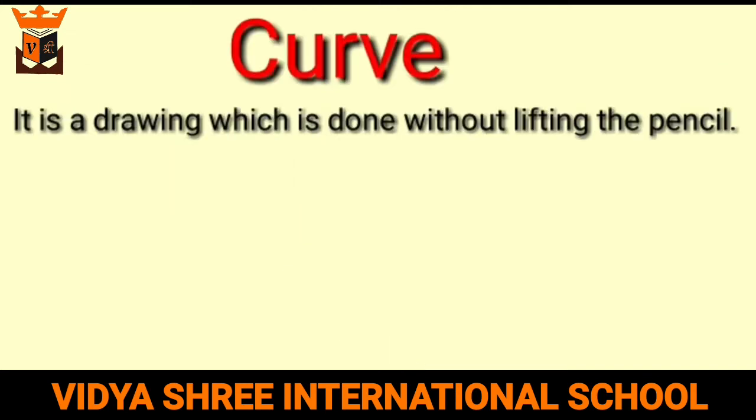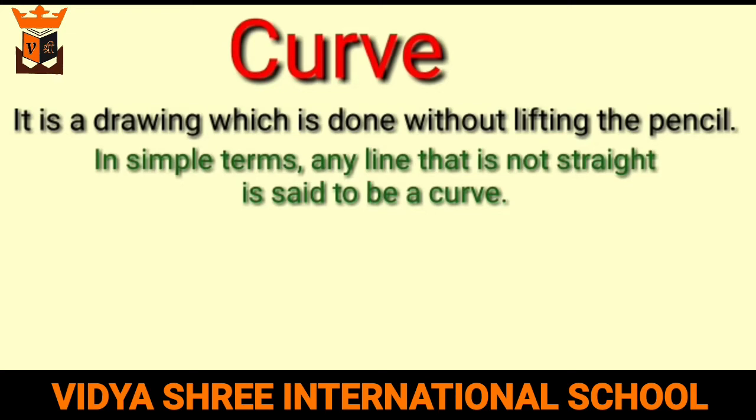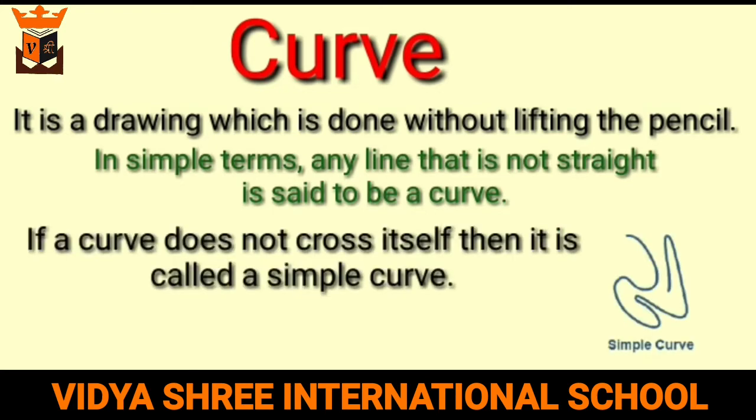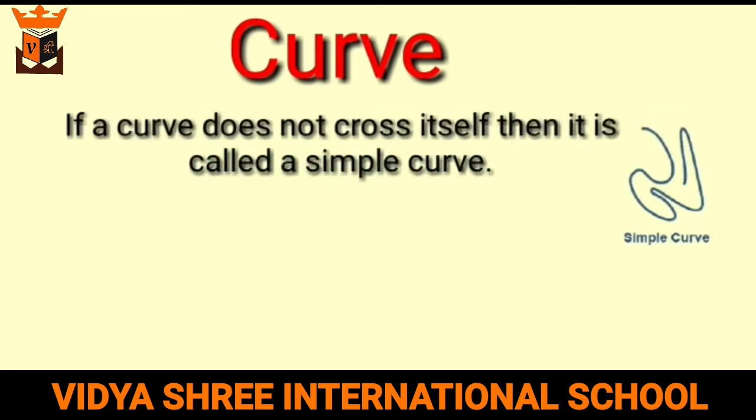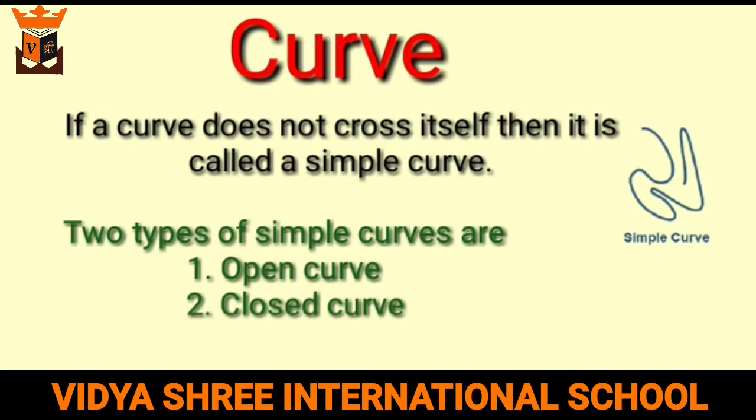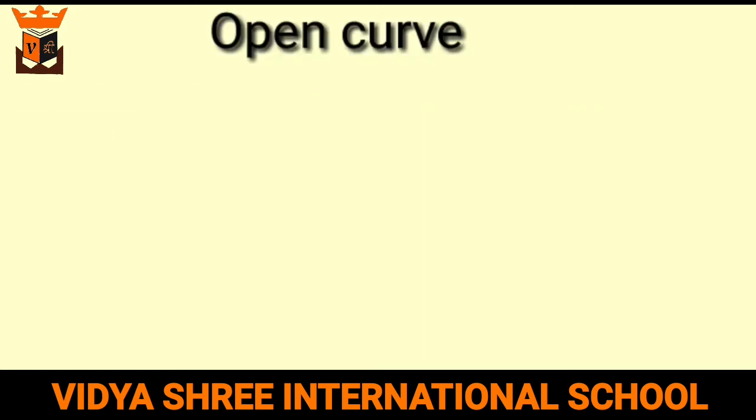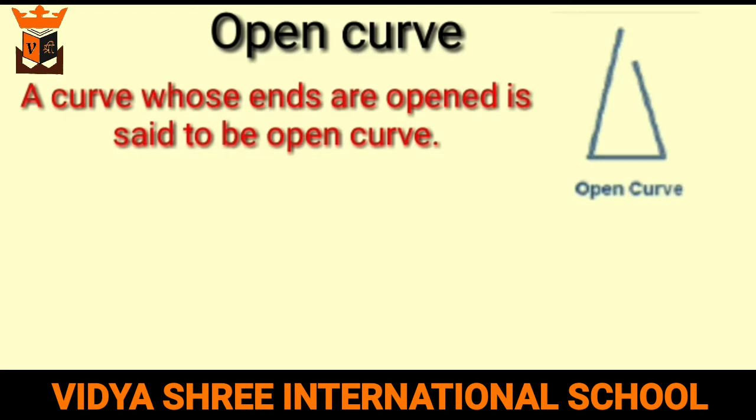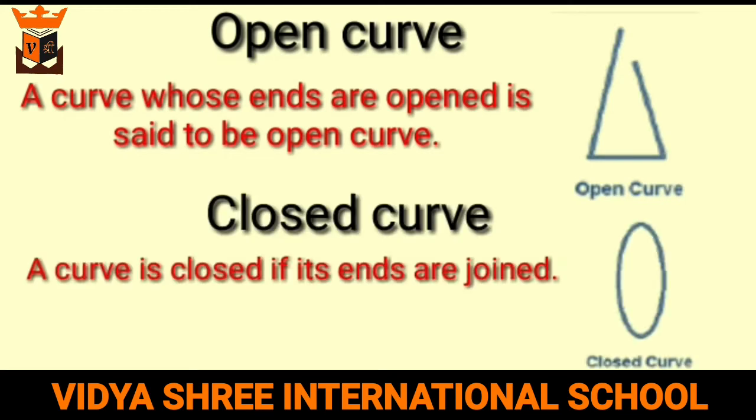Curve. It is a drawing which is done without lifting the pencil. In simple terms, any line that is not straight is said to be a curve. If a curve does not cross itself, then it is called a simple curve. There are two types of simple curve, closed and open curves. A curve whose ends are open is said to be an open curve, and a curve is closed if its